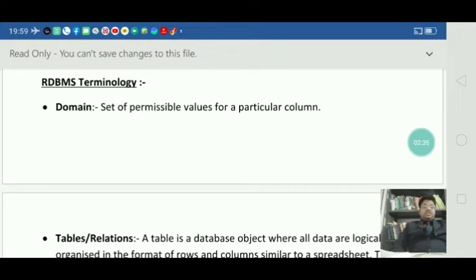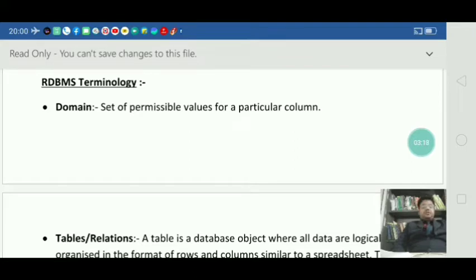So these are integer values. So for roll number, you have to set the data type as integer. That means all the integer values are permitted for the column roll number. So the permissible values here are all positive integer values. So all the positive integer values are the domain for the column roll number.